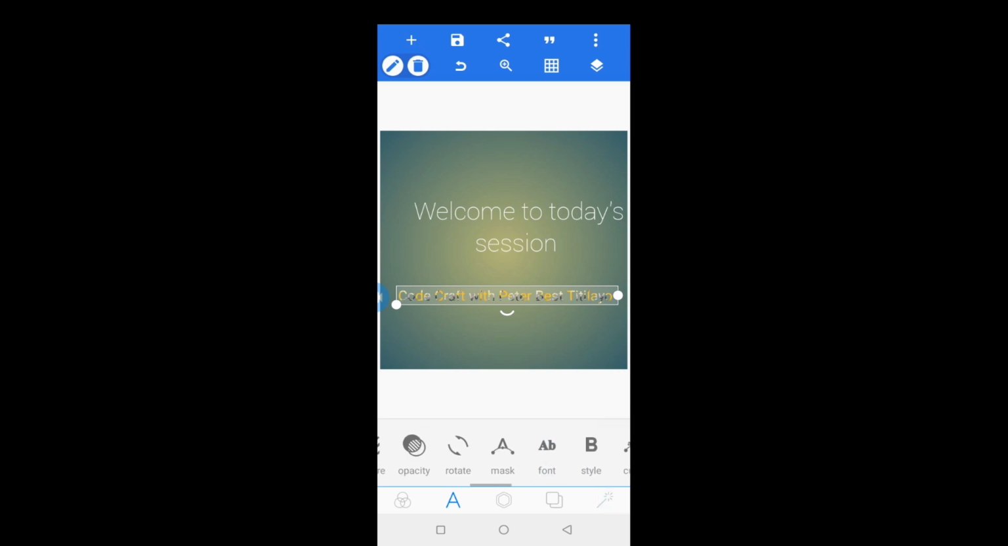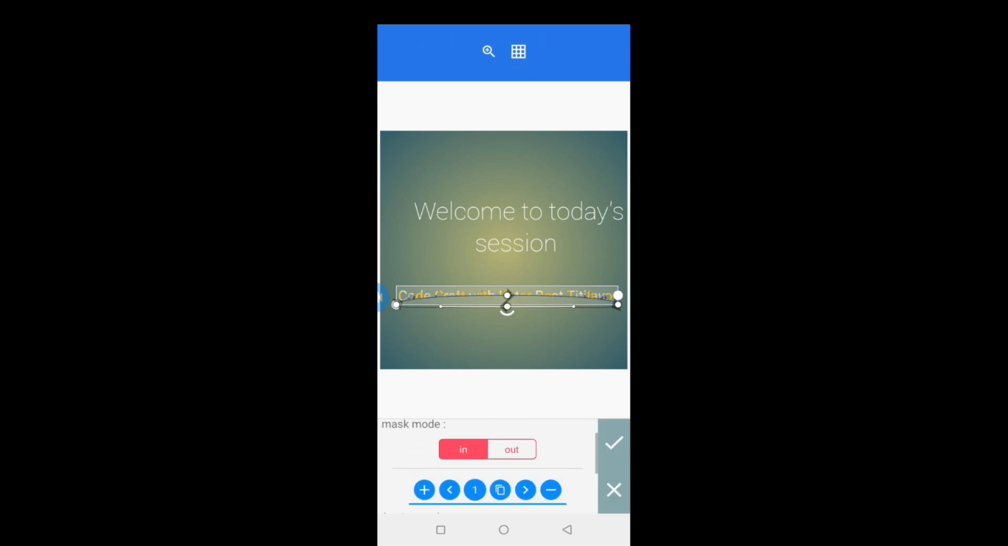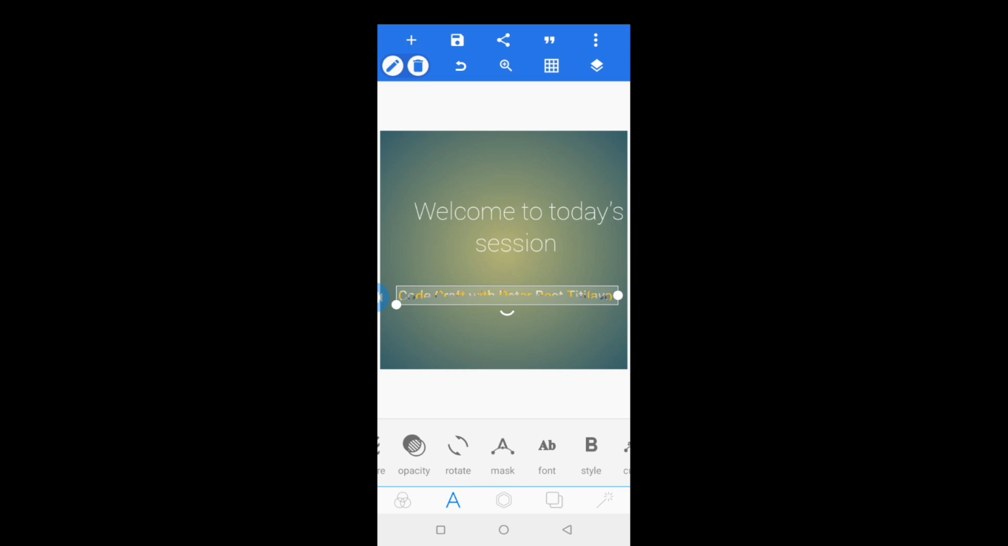I will also be taking us to the mask. So whichever area I want to mask, you can see the mask also has a lot of modes. We have the masking, we have the mask out, and so on and so forth. So one thing about